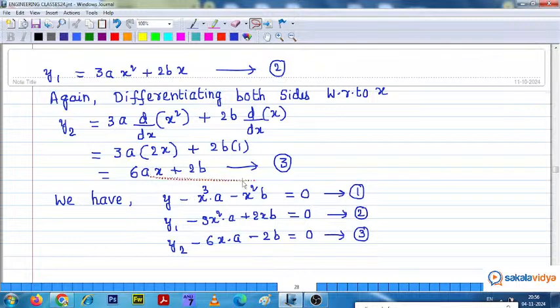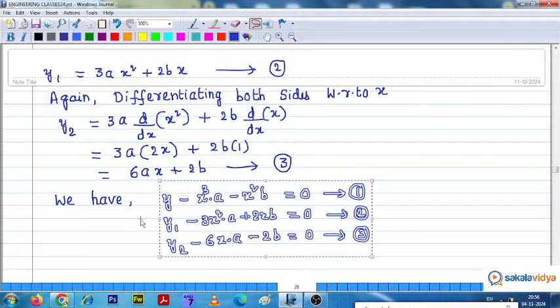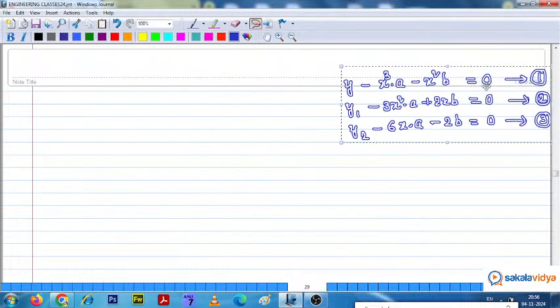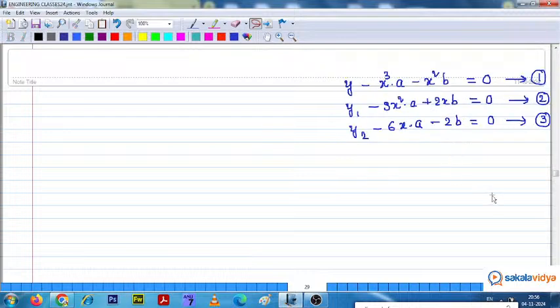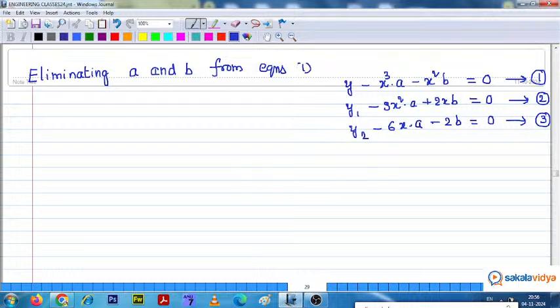So let us take all these three equations and write down here: eliminating a and b from equations 1, 2 and 3, we get